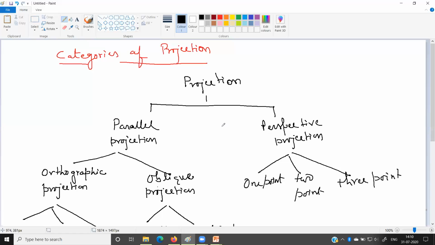Now, the last major difference between the parallel projection and the perspective projection is that parallel projection is basically used for the exact measurement of the object. So if we require the exact measurement of the object, in that case we will use parallel projection. And if the exact measurement is not required, if we want to project something and zoom the object, in that case we can use perspective projection. Okay. So that is all about perspective projection and parallel projection.